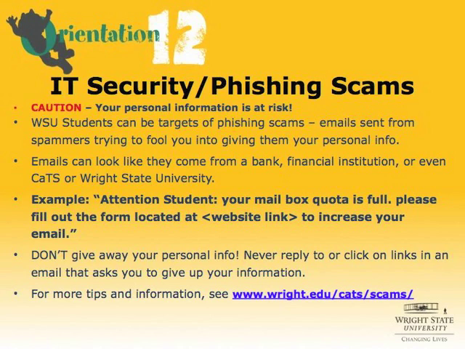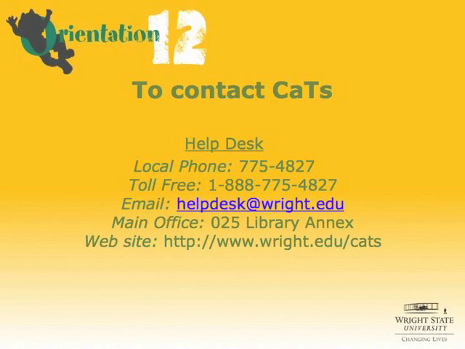Learn more about phishing and see recent attempts aimed at WSU students by going to www.wright.edu/cats/scams. More information technology security is available at www.wright.edu/security. To contact CATS, you can call 937-775-4827 or toll free at 1-888-775-4827. You can email CATS at helpdesk@wright.edu or visit them on the web at